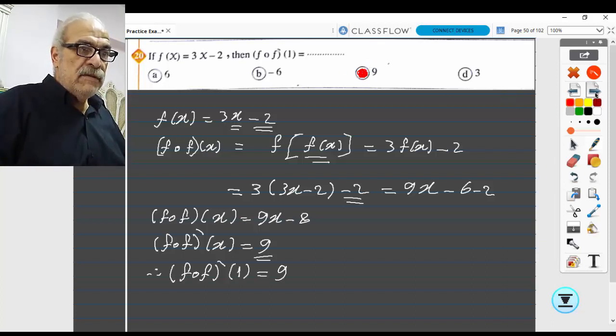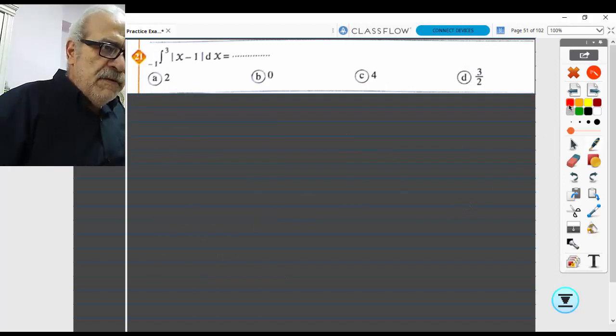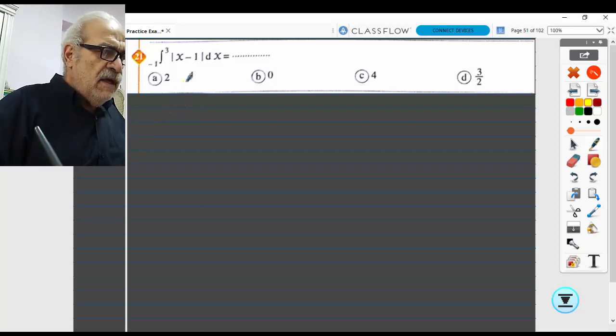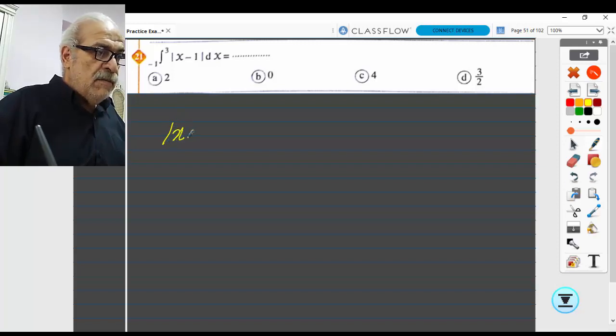Question 21. Here we have the integration of absolute x minus 1 dx from negative 1 to 3. First, we start with the definition of the absolute value function. Okay, absolute of x minus 1